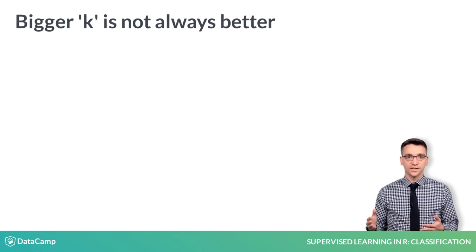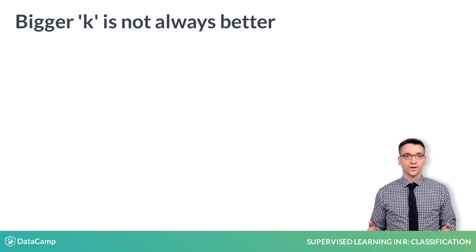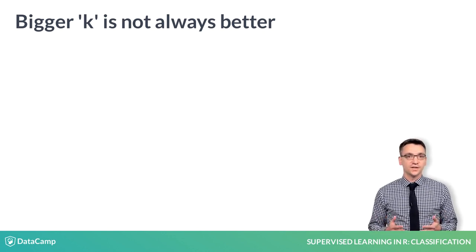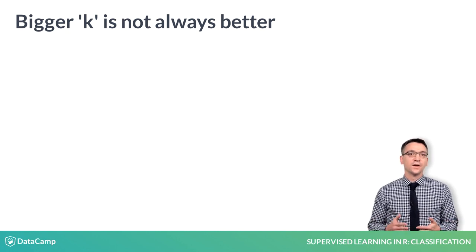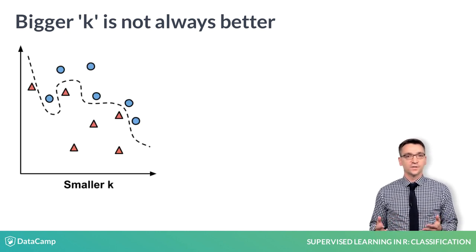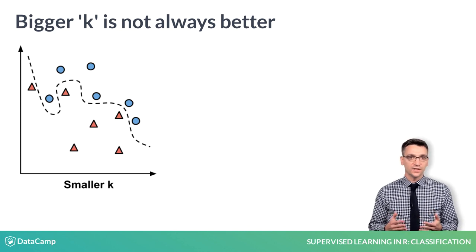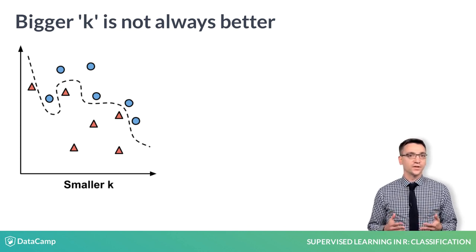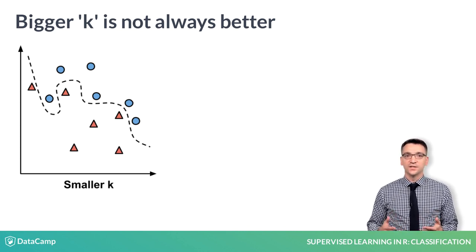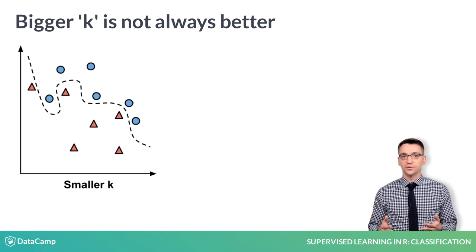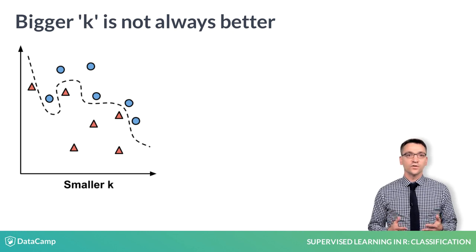In the previous example, setting k to a higher value resulted in a correct prediction, but it is not always the case that bigger is better. A small k creates very small neighborhoods. The classifier is able to discover very subtle patterns. As this image illustrates, you might imagine it as being able to distinguish between groups even when their boundary is